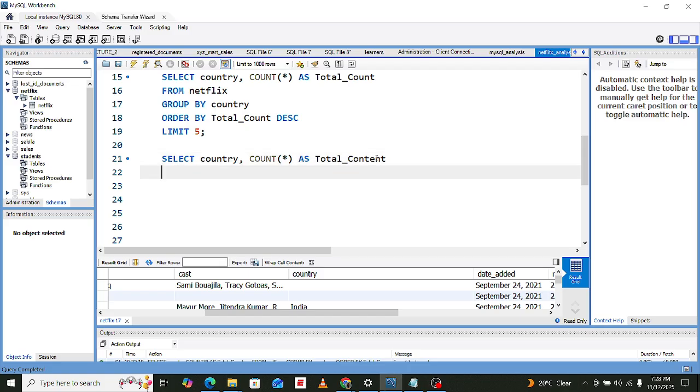Because I know I'm going to use these so many times, I think we can just use jt.country, so that we can avoid errors. So it's select jt.country, count as the total content, and this is now from Netflix.